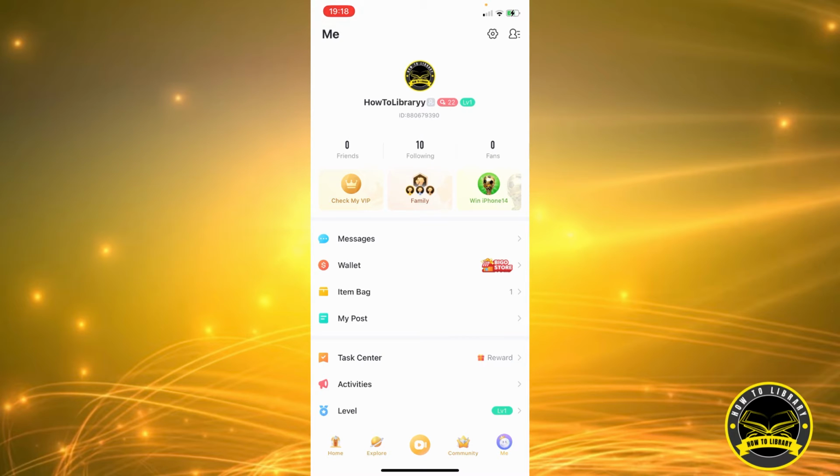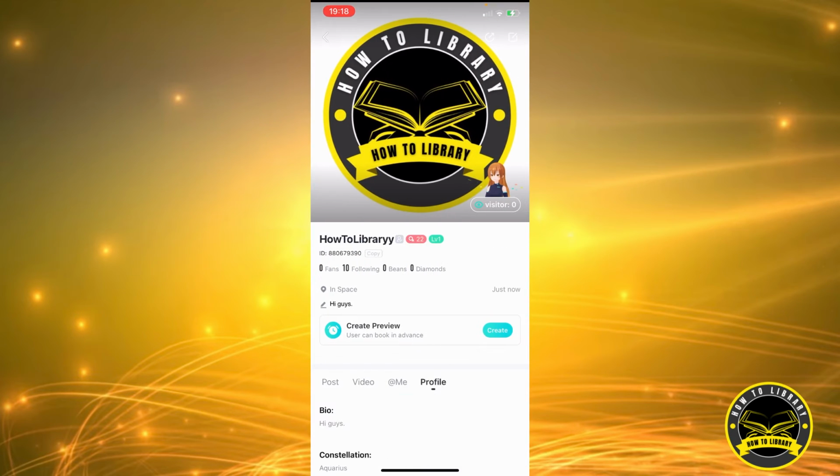So once you've got here, at the top of the screen, you can see my profile picture and my name. So I'm going to click on my profile picture, and that will take us here. At the top right corner, as you can see, there are 2 icons. So we're going to click on the left one,